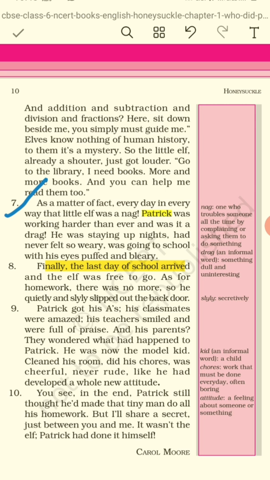So, the coming of this elf in the life of Patrick was nothing but some sort of lesson to teach him that one should not be dependent and that one is full of potential and capability. We should realize what we are capable of doing and then without wasting time should go on and complete our task. Alright. Thank you children for listening.